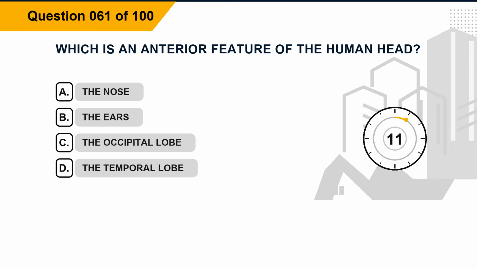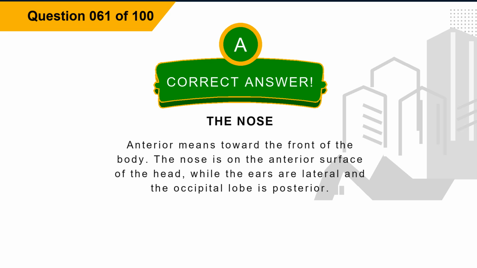Question 61. Which is an anterior feature of the human head? Option A, the nose. Option B, the ears. Option C, the occipital lobe. Option D, the temporal lobe. The correct answer is option A, the nose. Explanation. Anterior means toward the front of the body. The nose is on the anterior surface of the head, while the ears are lateral and the occipital lobe is